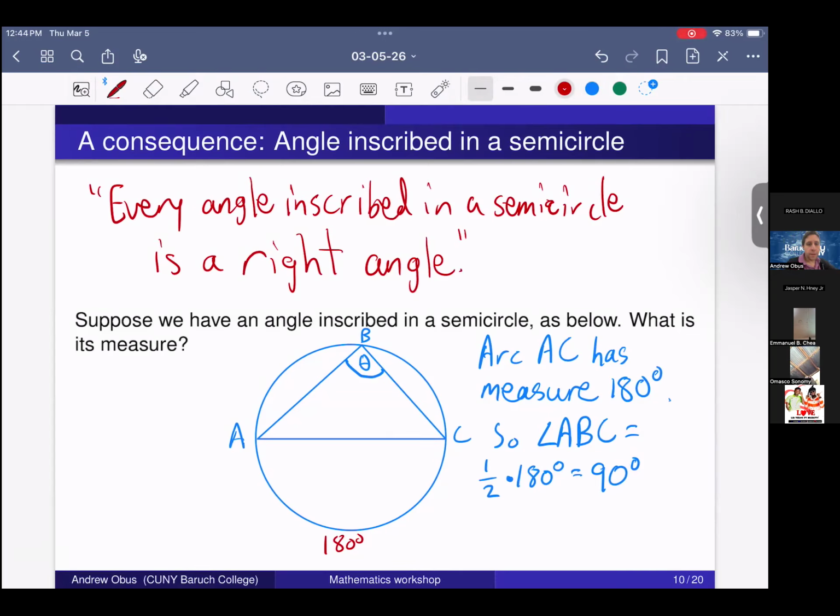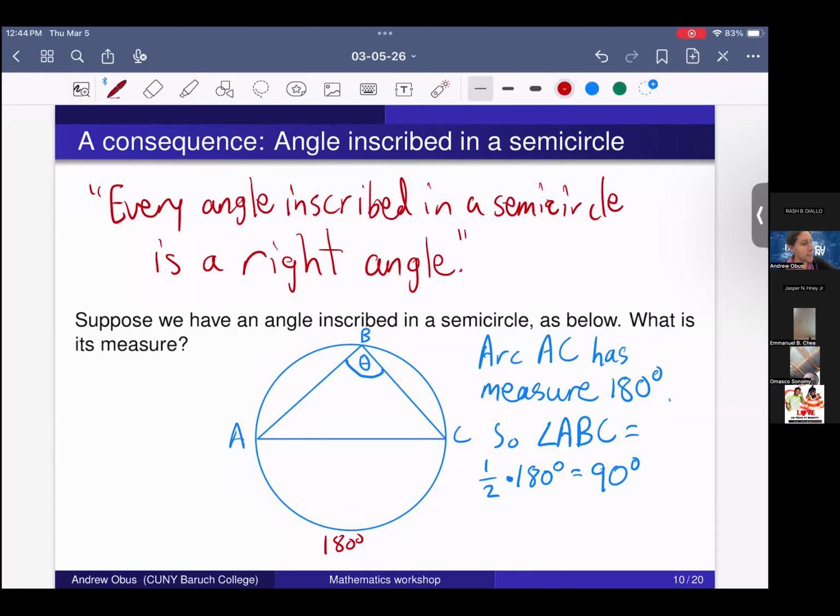Okay. So this is an immediate consequence of this inscribed angle theorem, that every angle inscribed in a semicircle is going to be a right angle, because it always cuts off an arc of 180 degrees. It doesn't matter where point B is. You can move B, you can drag B along the semicircle. It doesn't matter what point you go. The arc is always going to be 180 degrees, and that means the angle will always be a right angle,